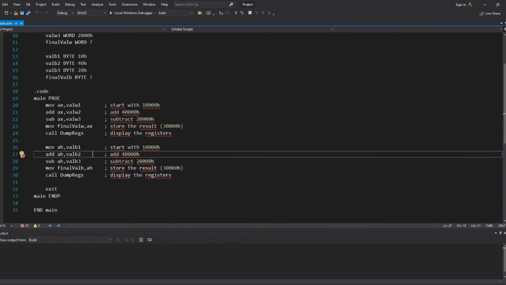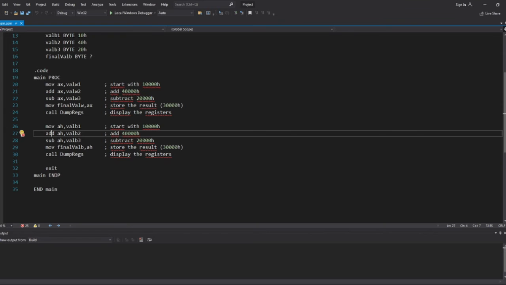And for value B, same as the previous one, we move value B1 into AH, and then for add, the same as before, value B2 is added to AH, so the value we have right now is 50H.